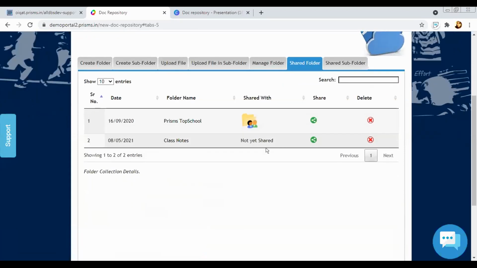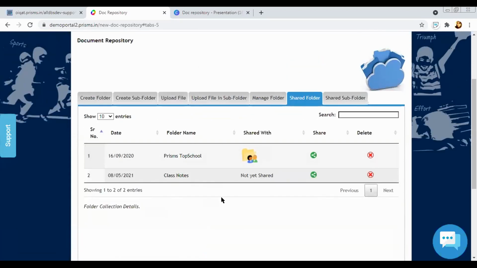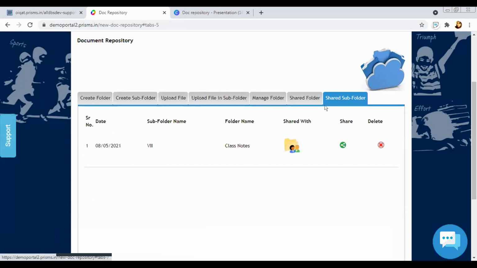Then shared folders. Over here, I can see all my folders. Like I said, you have an option of sharing while you're creating it. But let's say you don't want to share it at that time, you want to share it later on. You have an option of either sharing the complete folder, or you can also choose which subfolder you want to share. You simply have to click on the share tab.